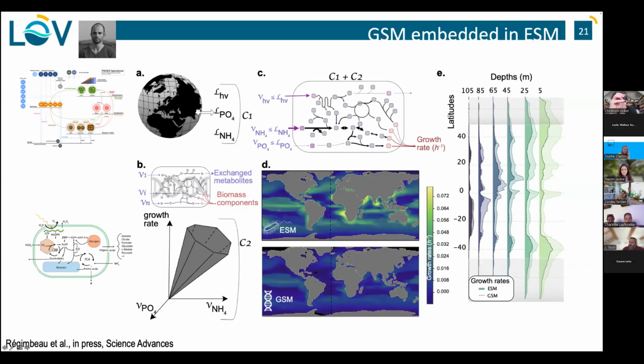So that's the mechanistic part underneath it, but what you can see is that here is the Earth system simulation of the growth rate of picoeukaryotes, and here is the GSM model simulation of the growth rate of Prochlorococcus. And what you see is that the two patterns are very similar. If you look at the latitudinal transect here, you have very similar behavior, whatever the depths of the organisms are. You have a mismatch, but the mismatch can be explained because this is just one subfraction of the total picoeukaryotes.